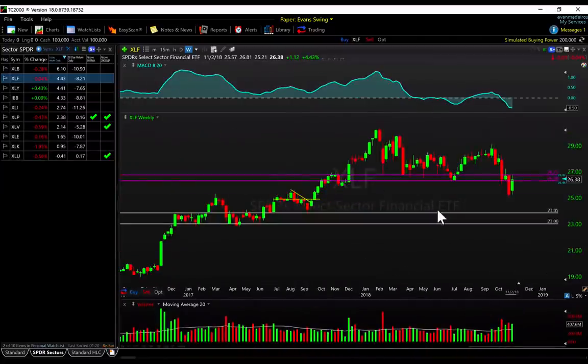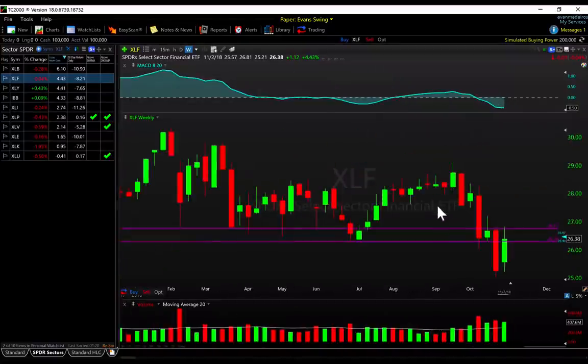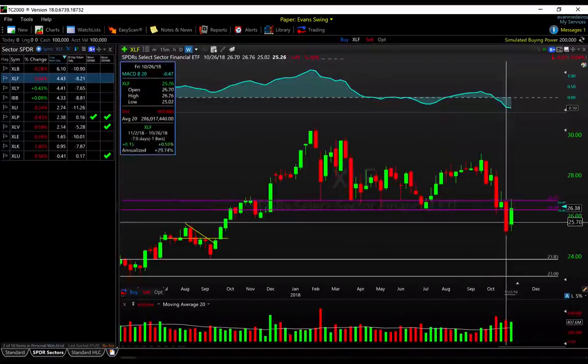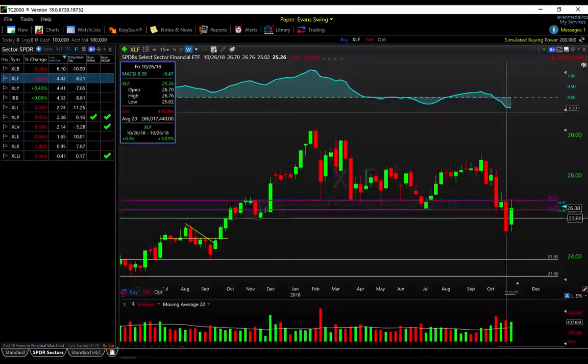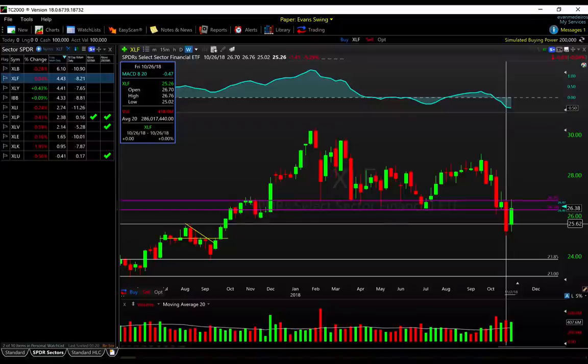XLF, financials, number 2 performer, up 4.43%, trying to reclaim this 2630 area. This is an important one, and an important area to watch, because financials last week really washed out and took out the structure here to make new year-to-date lows, and now we're quickly trying to recover it. So it'll be interesting to see if this was a kind of false breakdown, if you will,